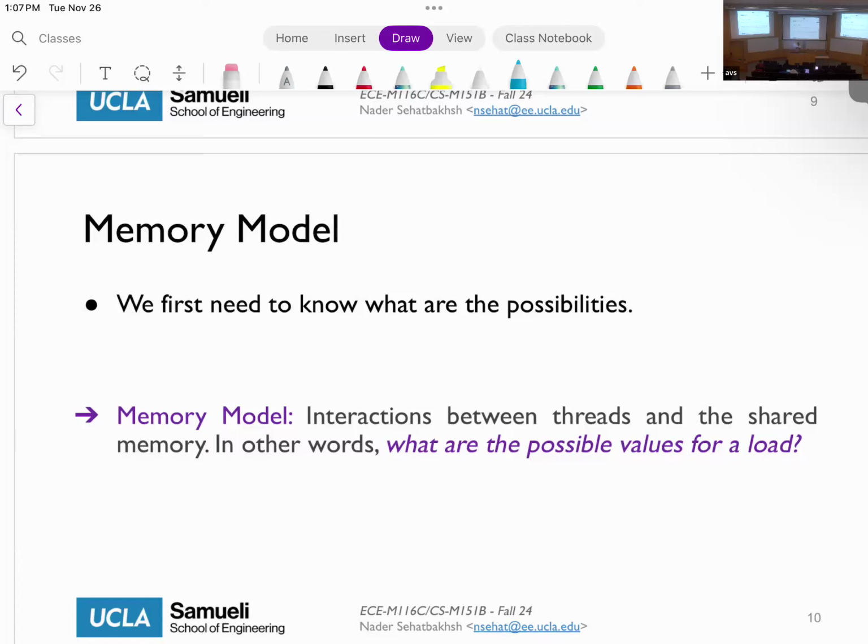There might be multiple memory models, and we're going to discuss a few of them in the next few slides. But what you will see is that essentially a memory model is all about what can be reordered. Can I, for example, reorder stores before loads? Can I reorder loads? Can I reorder stores? And so on and so forth. There are two different operations, loads and stores. Different ways of reordering these is what we call a memory model. Okay?